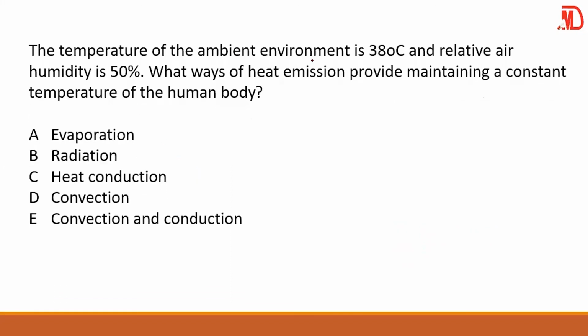The temperature of an ambient environment is 38 degrees Celsius and relative humidity is 50. What ways of heat emission provide maintaining a constant temperature of the human body? Now look, temperature is 38. That means it is quite hot. Humidity is 50. So that means that if you are hot,